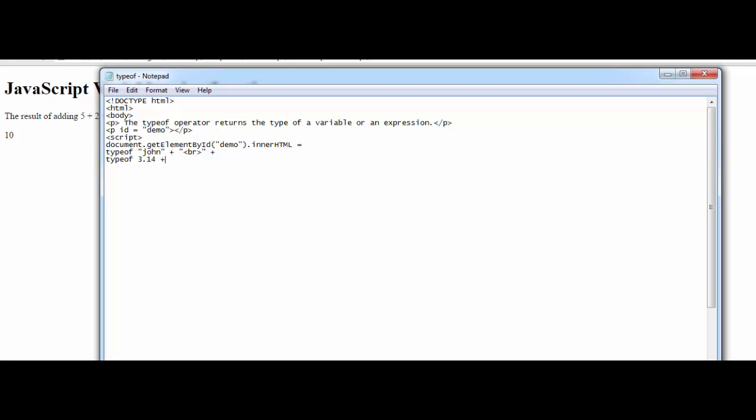3.14 plus br plus typeof false plus br line break plus typeof 1234 plus br plus